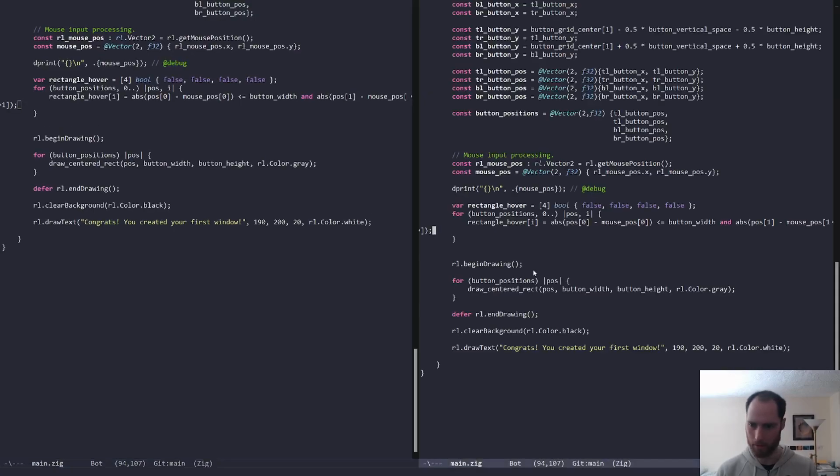Let's make that full screen again. And then yeah, we want this to be less than or equal to the button height. Okay. And then yeah, if this is satisfied, the rectangle should be fine. So then